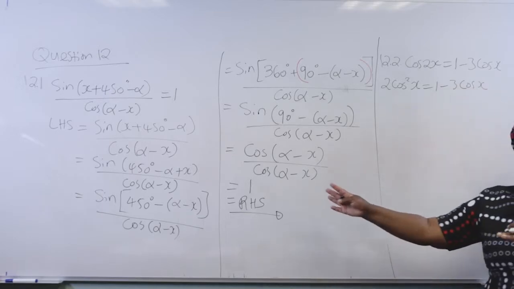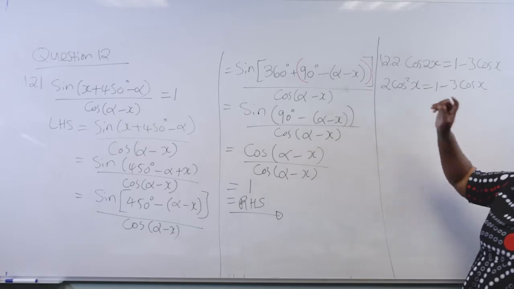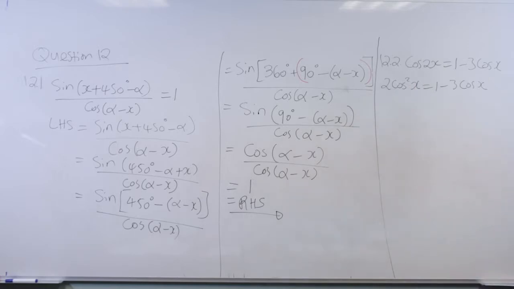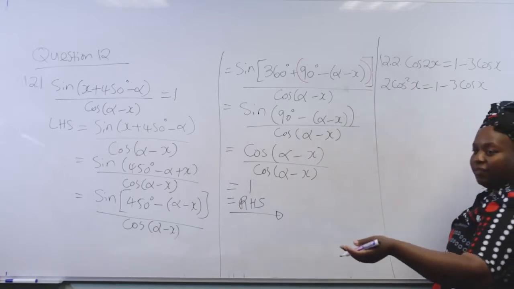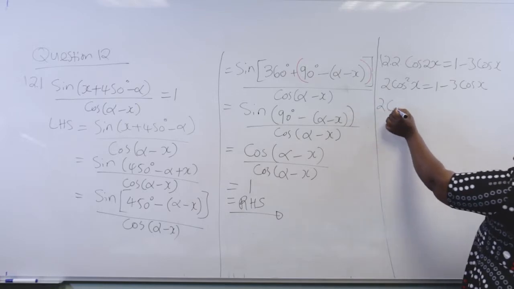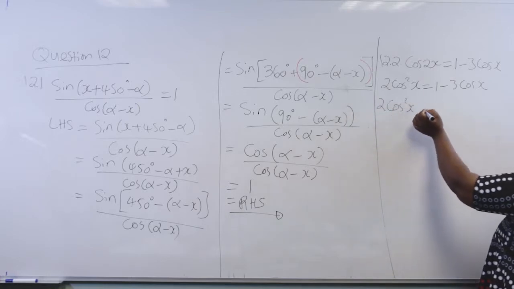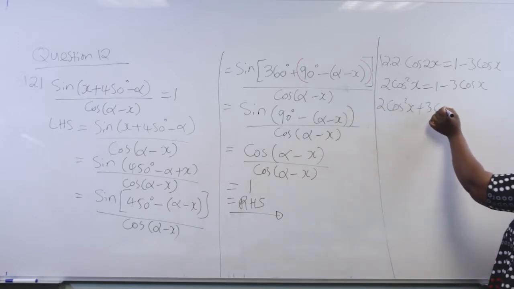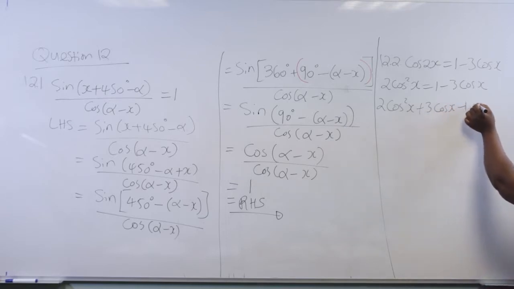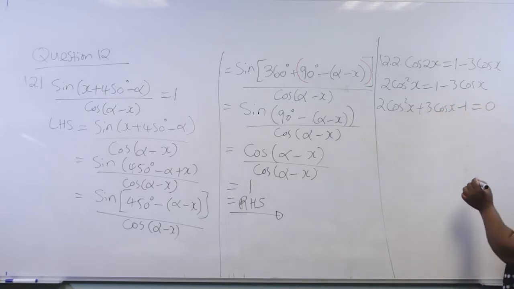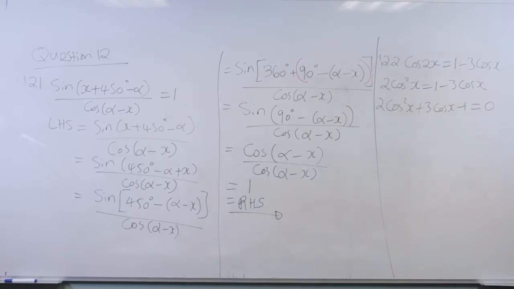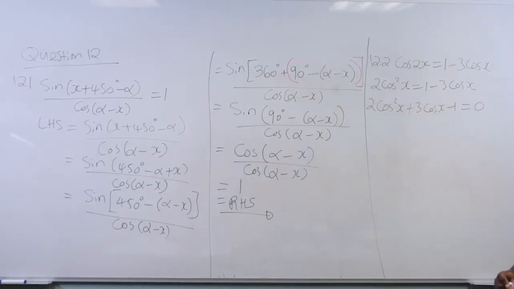You can put them on the same side. There's a square, so it's quadratic, and you can factorize. So let's put them all on the left, and then we can factorize. This will be 2 cos squared x plus 3 cos x minus 1 equals 0. And if we factorize, remember, we need to factorize such that we can get